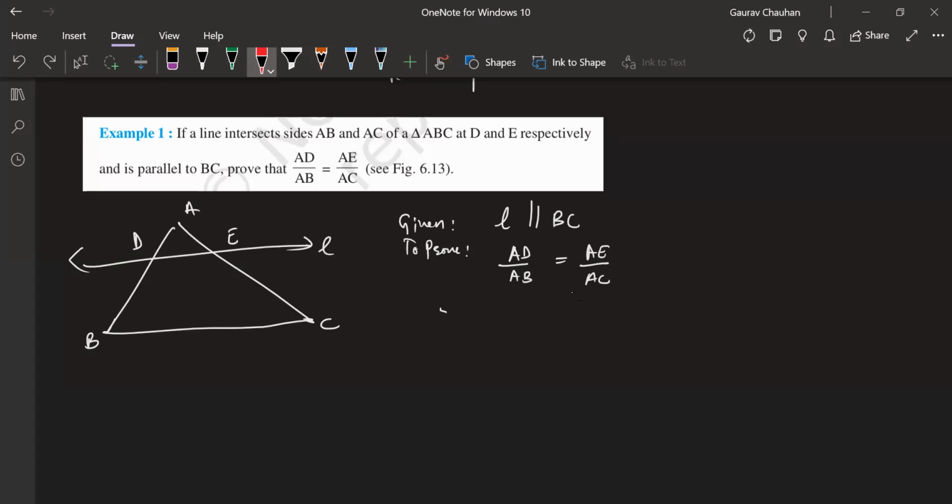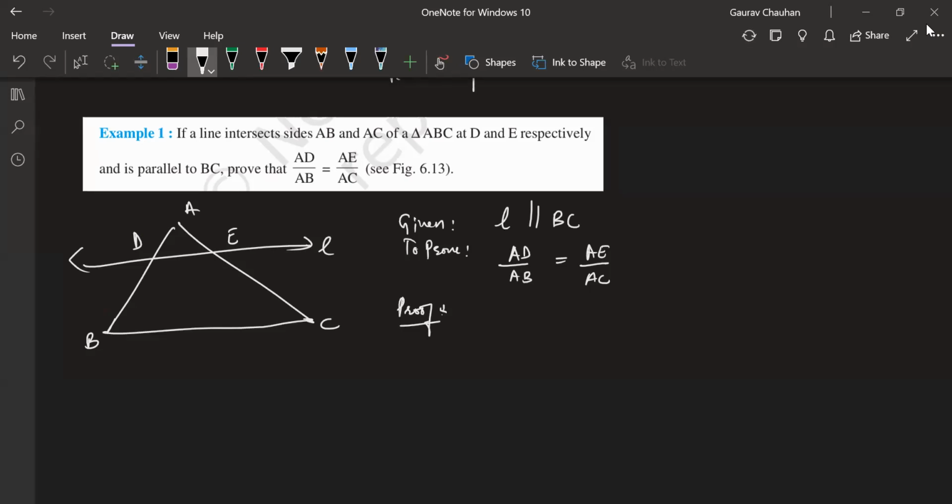Give me a thumbs up if you're getting the difference. The denominator is different here. Earlier in our basic proportionality theorem, it was this by this. Now it is not this by this, it is this by this full thing. That's the difference. So let's get to it. It's a very simple proof. So I'm going to just write the proof here.